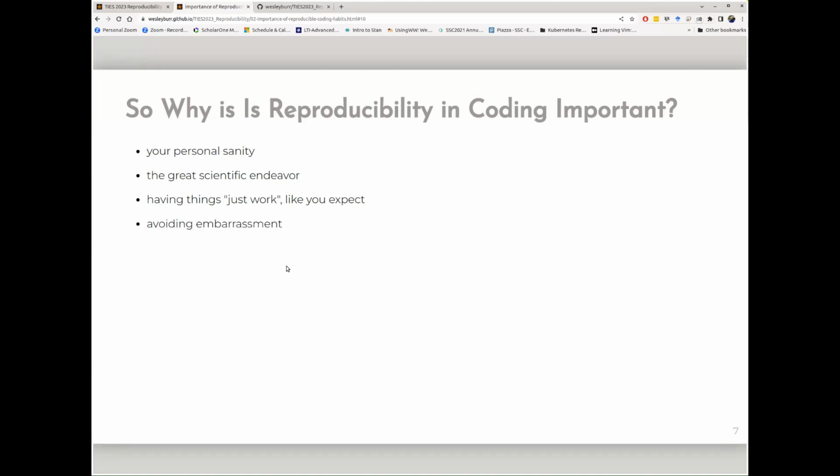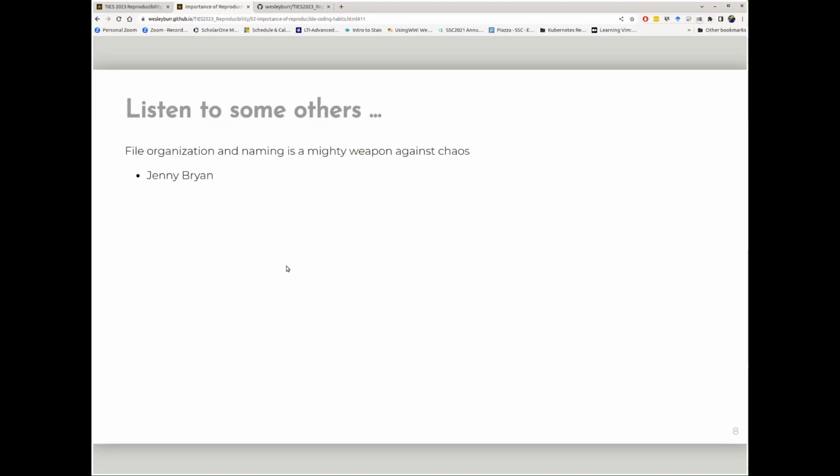Avoiding the embarrassment of sending something over to a collaborator and then it doesn't work because you didn't design it to be computationally reproducible, and it only runs under a certain thing in a certain computer at a certain time. If the moon is right and the black cat walks across the road, you want it to be generally robust and to work on other people's computers.